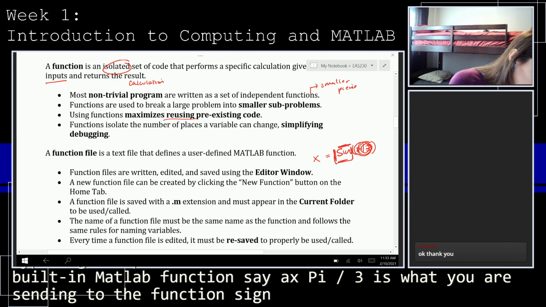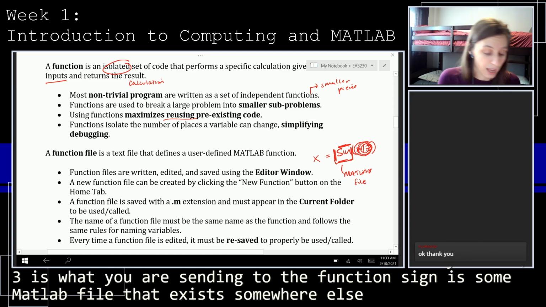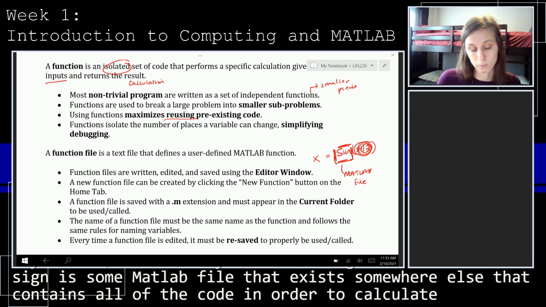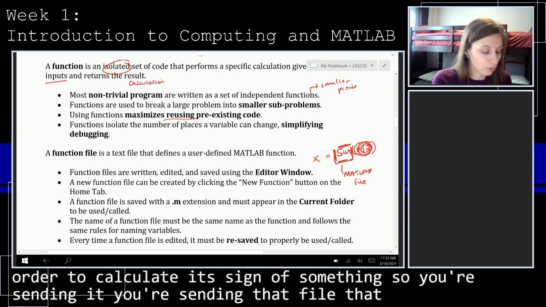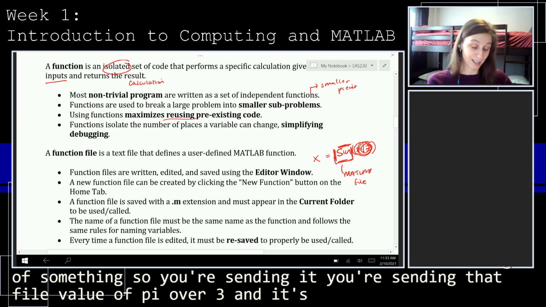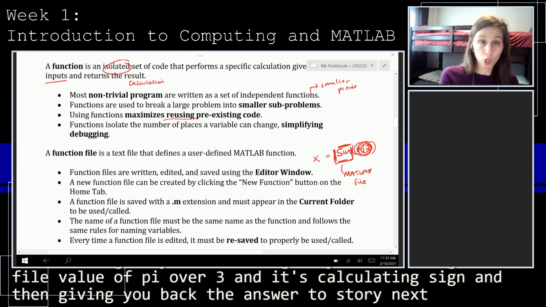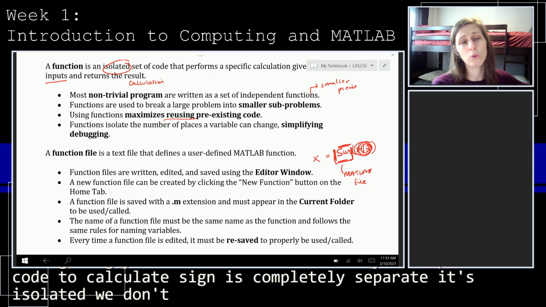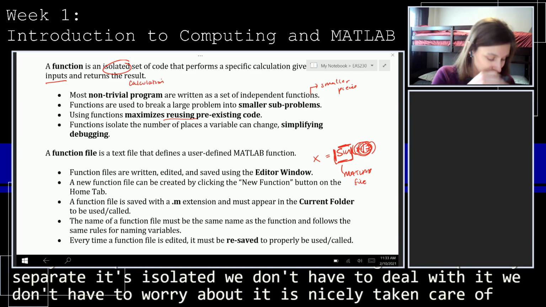Sine is some MATLAB file that exists somewhere else that contains all of the code in order to calculate the sine of something. So you're sending that file a value of pi over 3, and it's calculating sine and then giving you back the answer to store in x. But the code to calculate sine is completely separate. It's isolated. We don't have to deal with it or worry about it. It is nicely taken care of behind the scenes.